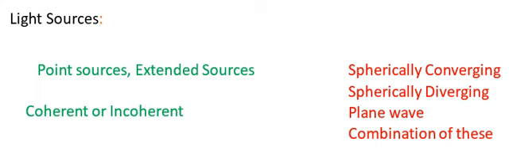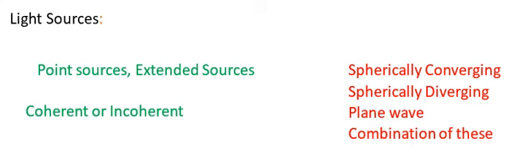A point source means a source having a very small dimension in comparison with the components that we are using in our physical systems. The point sources are very small, and of course from the point sources perfect spherical waves are generated. The distant stars, although they are many times bigger than our sun, could be treated as point sources. Now the laser may be treated as a point source. The extended sources, for example, the sun